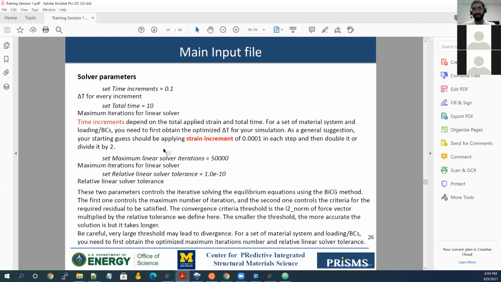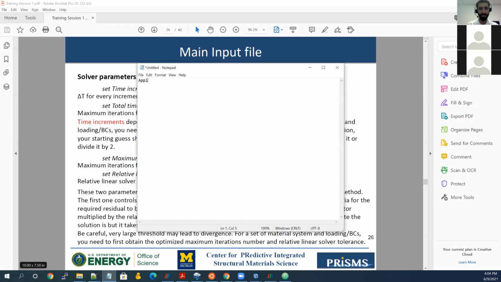Then the time step, so let me open a notepad. Let's assume you're applying 5% strain and the total time is 1. What we want as a starting delta t is to have 10 to the power minus 4 as a strain increment. So the total strain is 5%. So if you pick delta t equal to